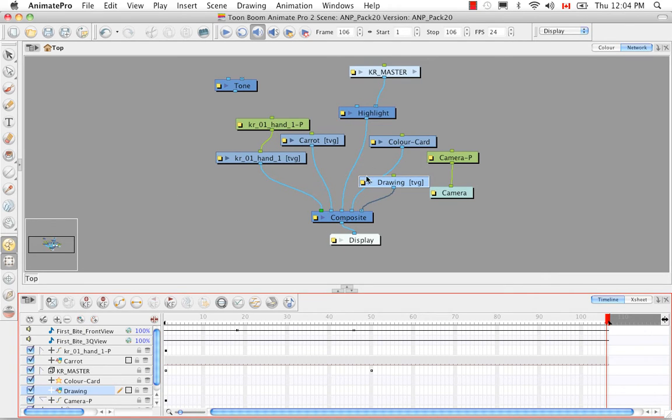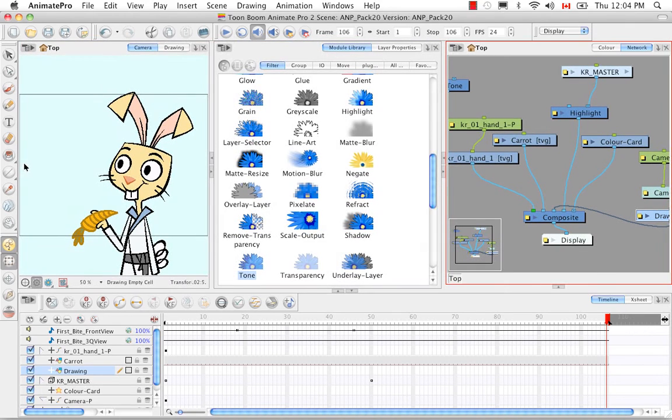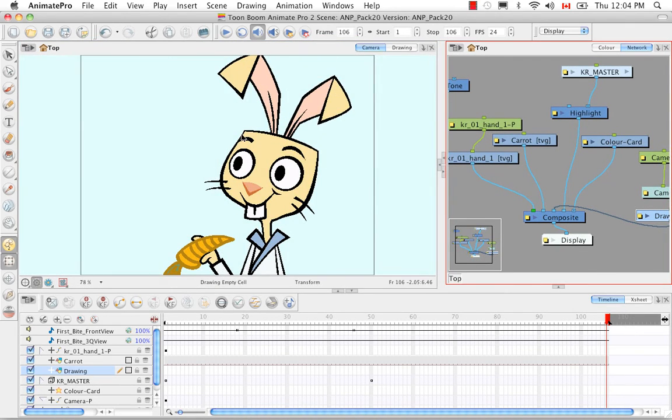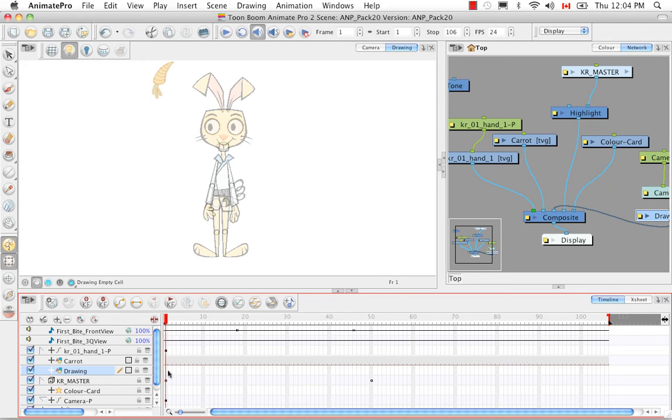So now you can see that a new drawing layer has appeared. I'm going to keep it here so we can see, but I'm going to move it in front of the Karate Master, and we're going to go back to the camera view. In fact, we're going to the drawing view. We'll use a light table, so it's done exactly the same way. We're going to go back to frame 1, make sure we're on the correct drawing layer,